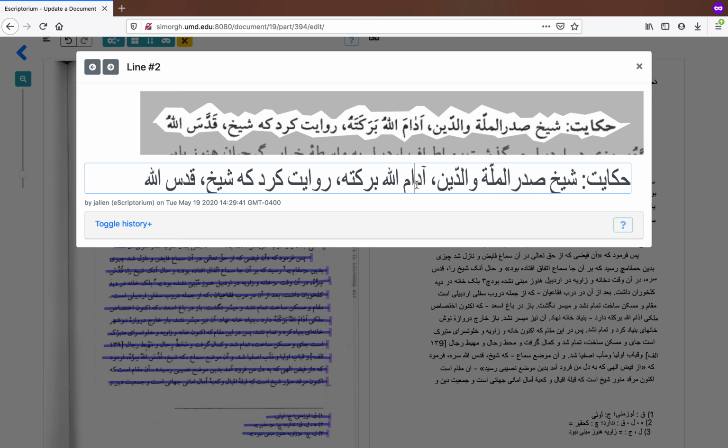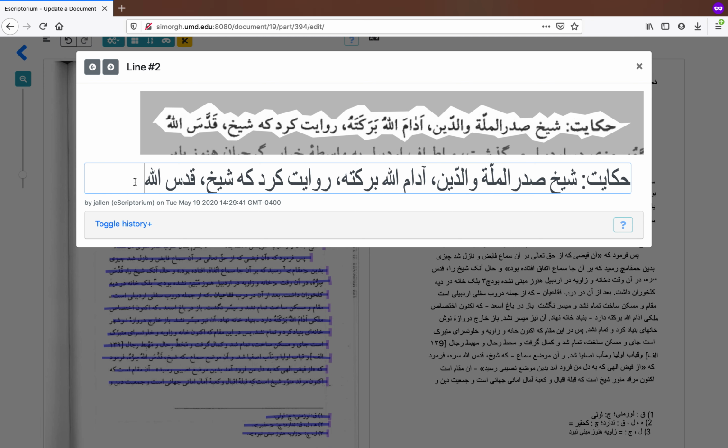As you go along the line, you want to make sure that we're reflecting everything that's there. So we can see here we need to add in vowels. We want to make sure the punctuation is also reflected accurately. And here in the initial OCR it is. Oftentimes the punctuation will cause problems. As a pretty hard and fast rule, you want to transcribe whatever is exactly on the page. So even if the punctuation is incorrect, even if there is a grammatical or syntactical error, you should still be